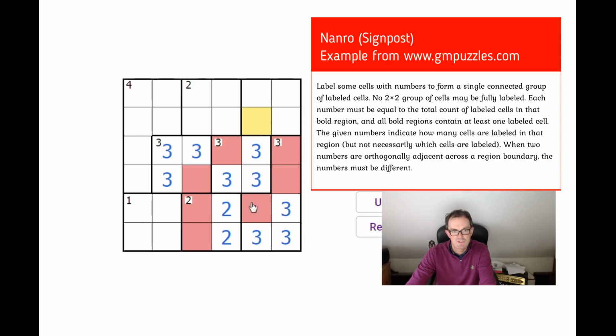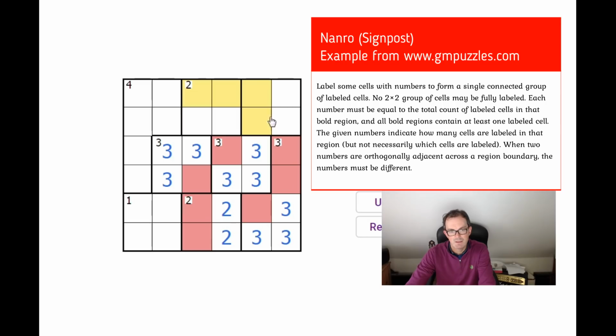So now, what could we say about this? We know this square must be a number, and we need to work out what that number is. And we also know that whatever we put in here, it's got to somehow bridge across to this side of the grid to reach these squares. And in doing that, it's going to have to use this 2 square somehow. And this is really cool because now we can see, I think it's not too difficult to see, that as we need this bridge to happen, either these 2 squares must be in, or these 2 squares must be in. But if it's these top 2 squares,